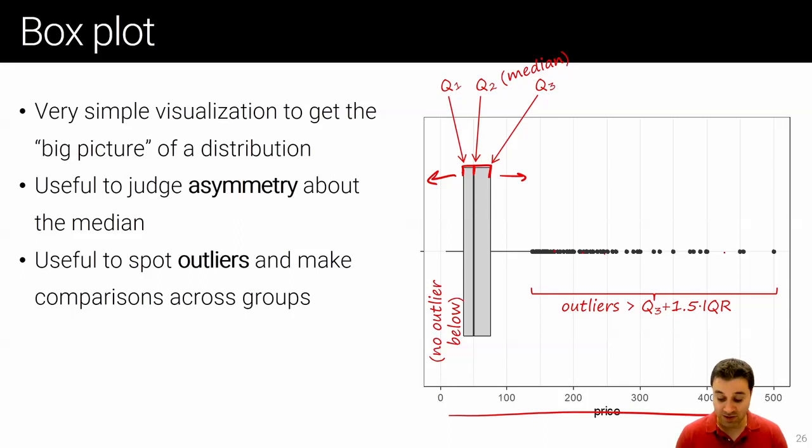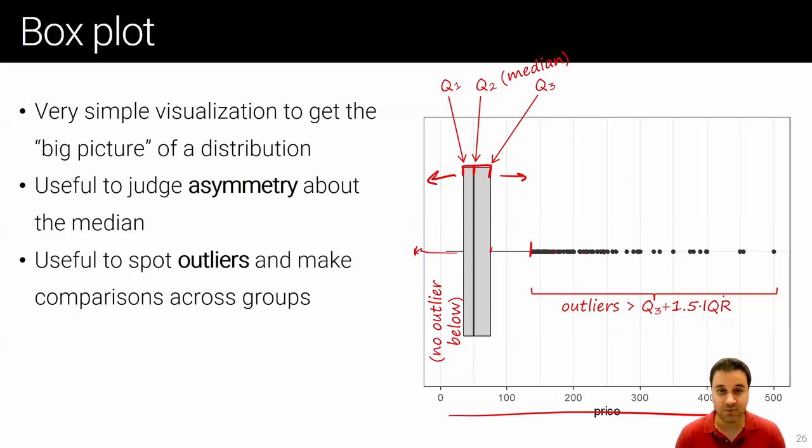And in this case, it's considered an outlier if it's larger than 1.5 times the interquartile range farther from the third quartile. So the distance from here to there is 1.5 times the interquartile range. And we could also have the same in this direction. If it's farther than 1.5 times the interquartile range, it's considered to be an outlier. Now, this is completely arbitrary. It's a rule of thumb, but again, it's going to give us a rough picture of what the data looks like, and if we have too many